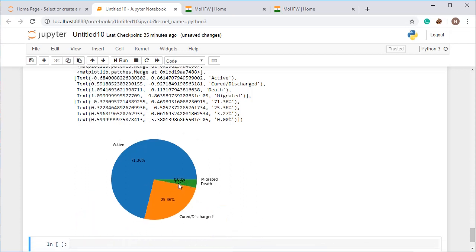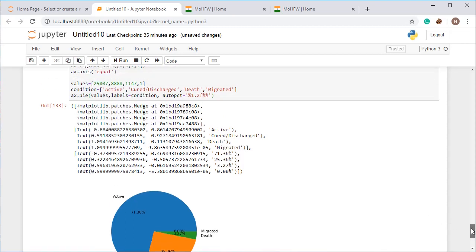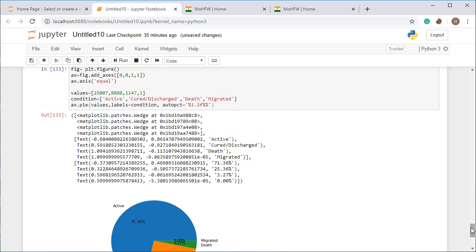You can see that migrated percentage is 0.00, means it's a minor percent, and death percent is 3.27, cured or discharged is 25.36, and active case is 71.36. This has also displayed the text, so you can get the value here.